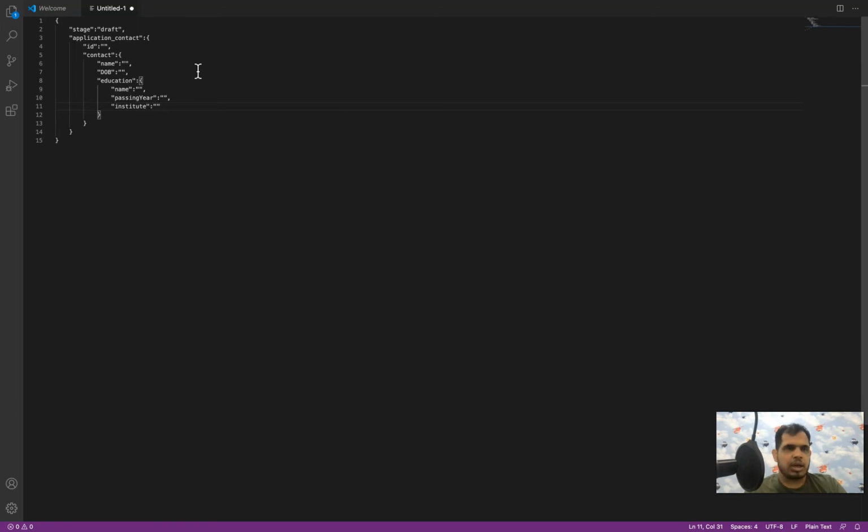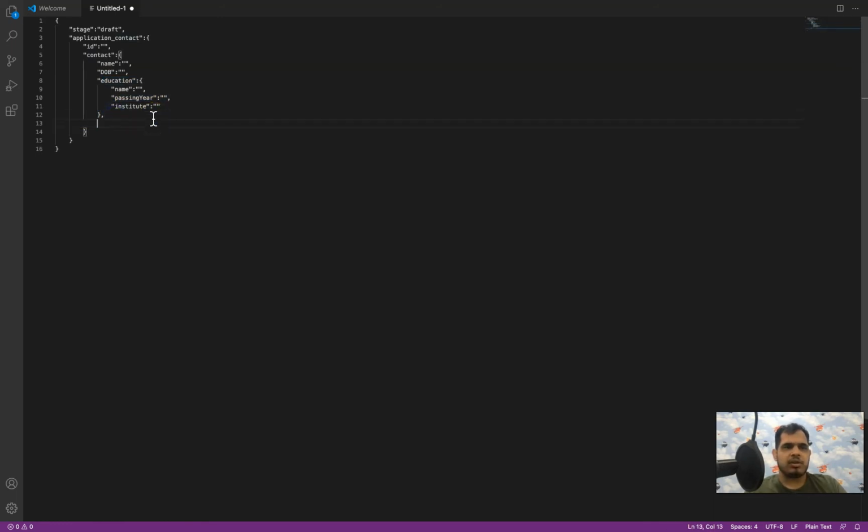Now one thing is we can have multiple educations in a single contact, right? So you might say why it is not an array. Do not worry about that. The DataRaptor will automatically take care of this, and if there are multiple educations inside a single contact, it will automatically make it an array.